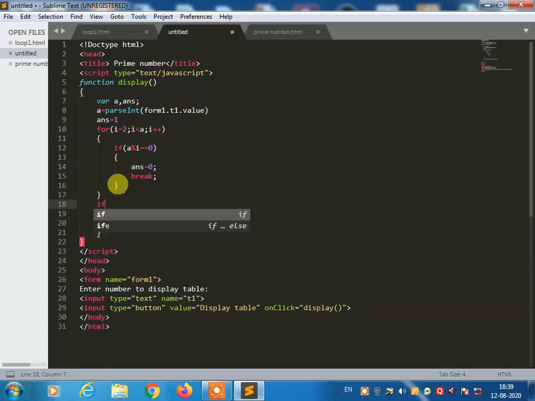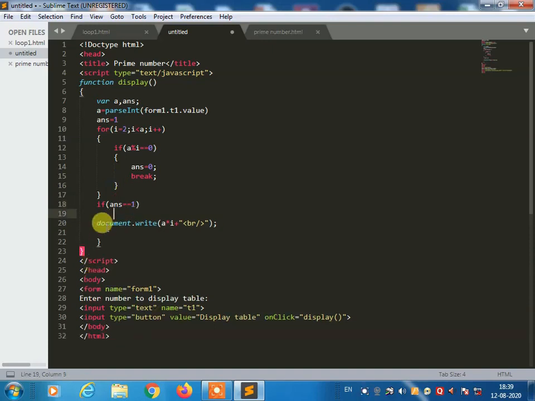use if statement, answer equal 1. Then you are going to use the function document.write, or you can use another function, the alert function also. So alert, write in double inverted quotes, number is prime,